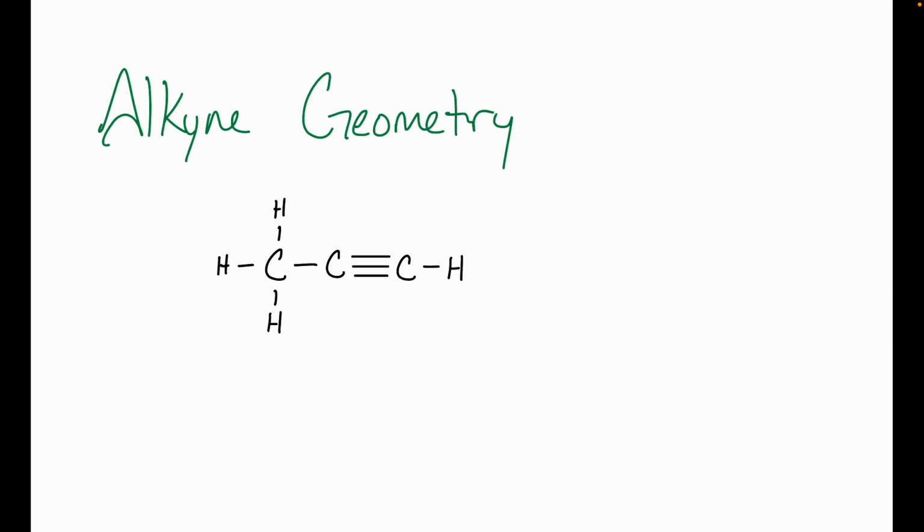Okay, so I drew out the full Lewis structure here, so we see all of these bonds. What's the hybridization on this carbon in my alkyne here? Hybridization, sp, sp2, sp3, just sp, both of them in fact. All right, and what's the geometry of a sp hybridized carbon? Linear,